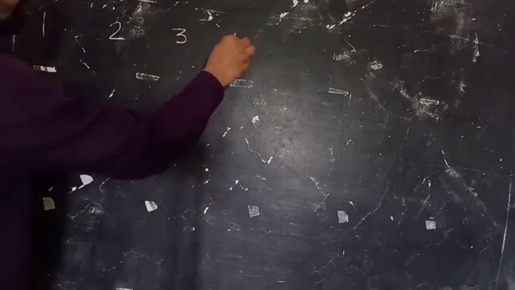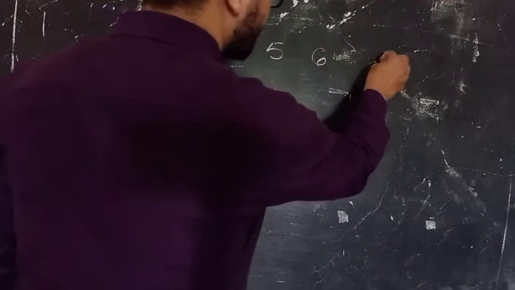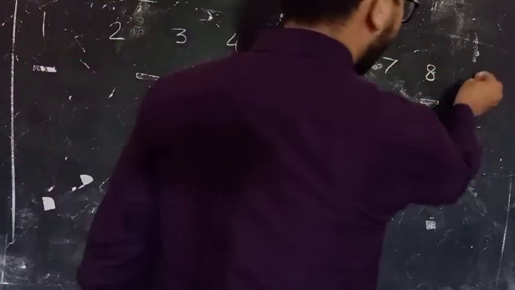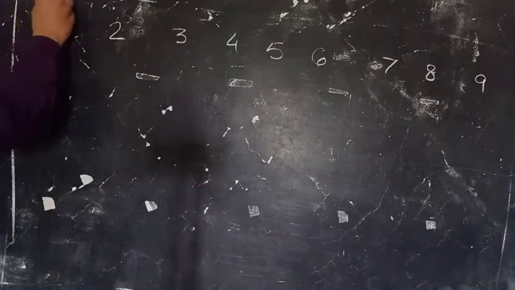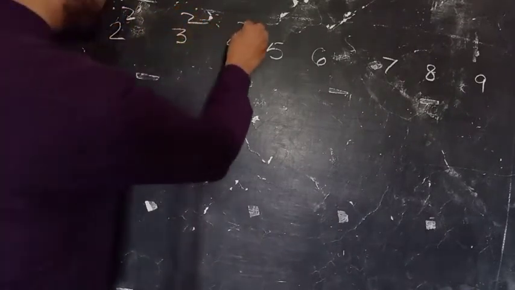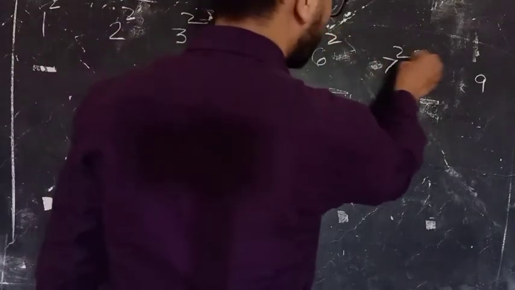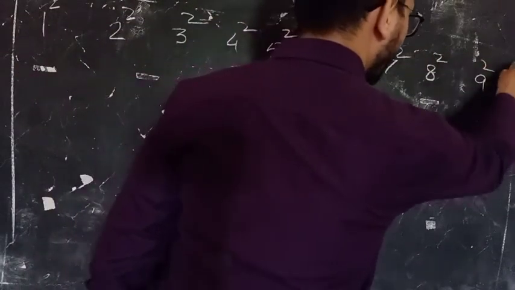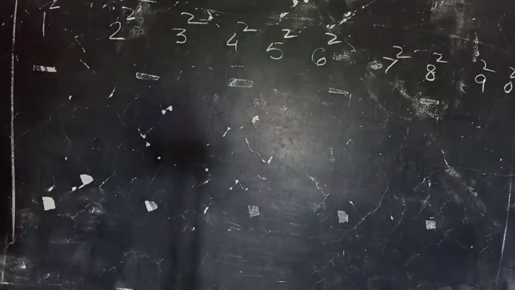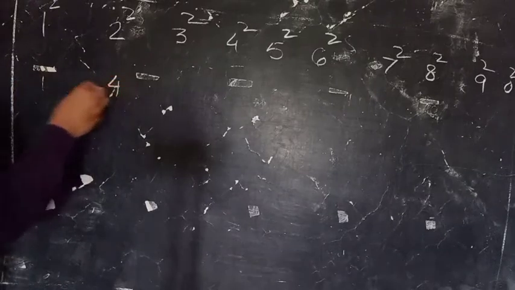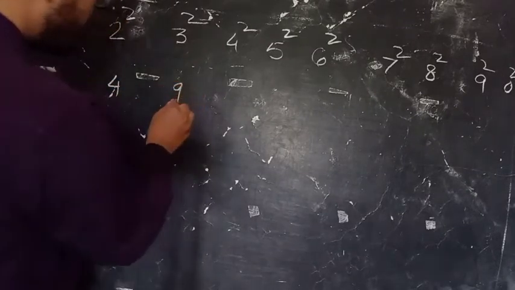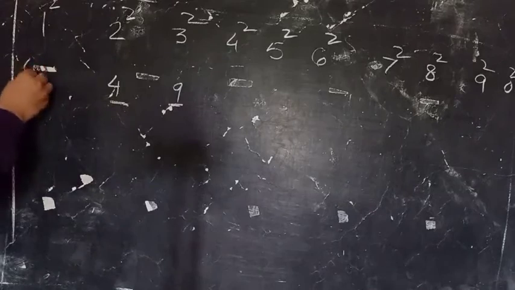Now see this thing again. 1, 2, 3, 4, 5, 6, 7, 8, 9 and 10. The square of 10 is 0, no problem. Let's say I write 0 here too. 0 square. I hope this is visible on the screen also. So the square of 1 is 1, 4, 9. So these are the unit digits.